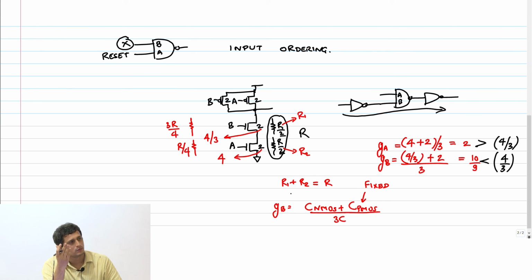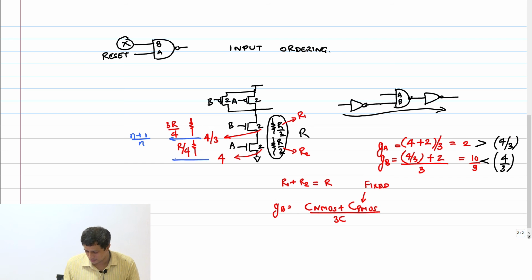Well, that's not possible, right? Therefore, that's why I said you can make it any n plus 1 by n. So just think about this. Theoretically, I can make this n plus 1 by n and this n plus 1, right? Net resistance, if you take, you will get R by (n plus 1) into n plus R by (n plus 1), which is just R, right? So therefore, this logical effort, if I take n tends to infinity, will start approaching 1. But you can't do that.